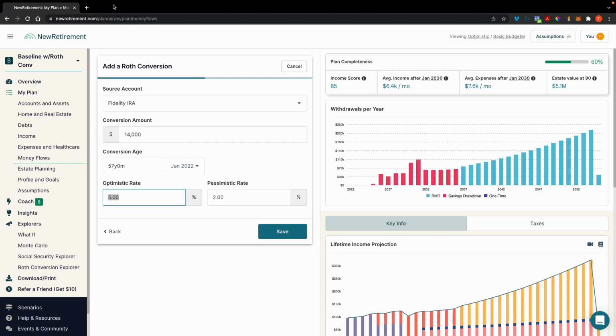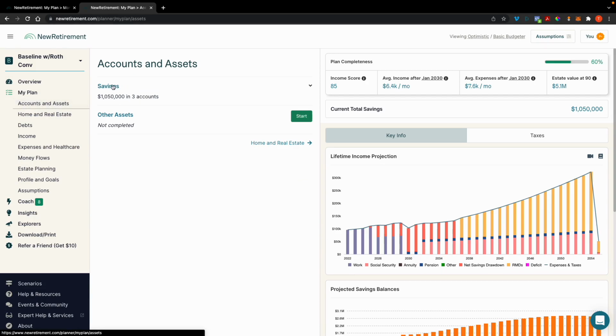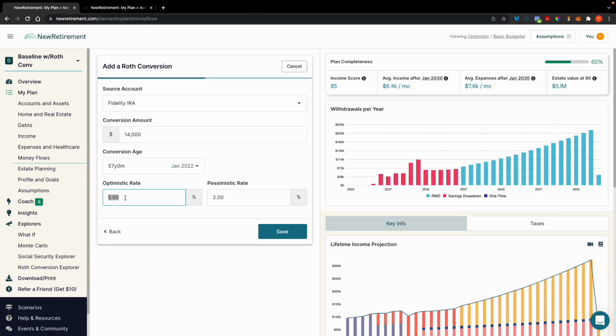Okay, so if your IRA, let me just make a duplicate of this tab and see what it is. So 7.55 and 5.35. 7.55 and 5.35 is the rate of return that we used in the Fidelity IRA. So we want to use that same rate for the conversion.